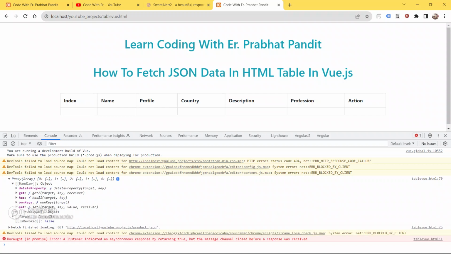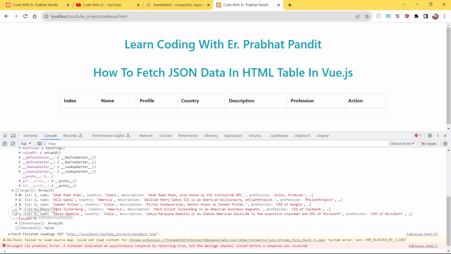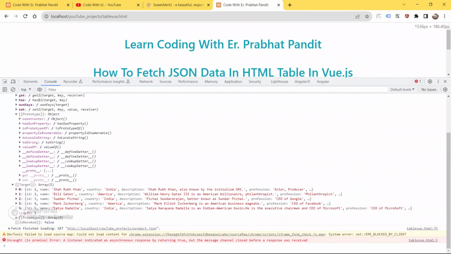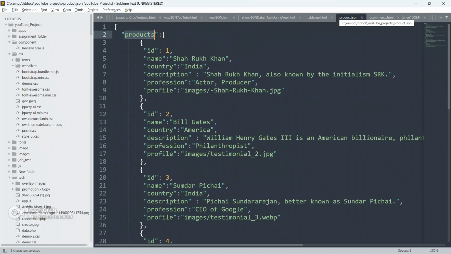See, it returns all the objects. See in the console section, below the console, we got all 5 array elements inside this.products, which is an array.